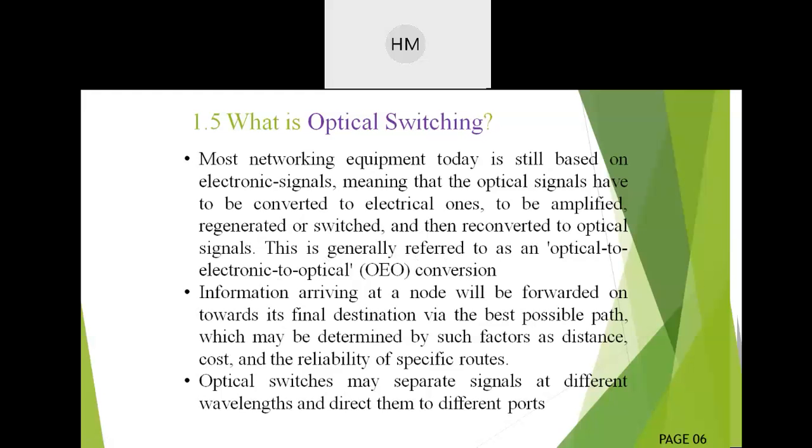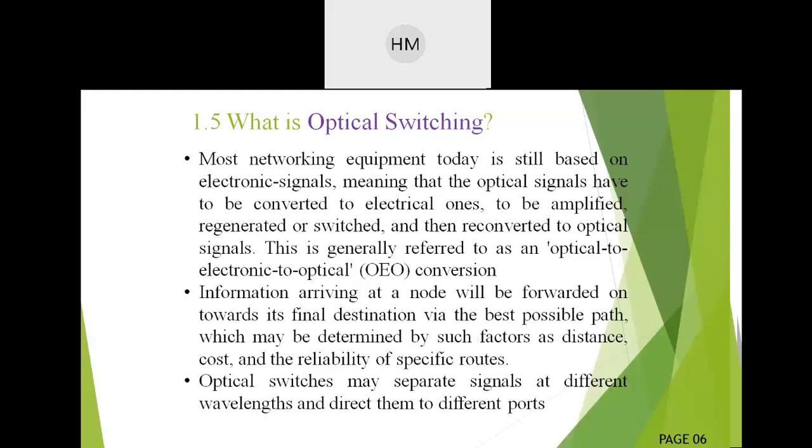क्या कह रहे हैं हम इसमें? We are having some optical signals, ठीक है, which we want to transmit. I am having my optical signal. What I will do, I will first convert the optical signal to electrical signal. I am not directly sending that optical signal. Why it is done? Because to increase the capacity of that signal so that losses incurred will be very less and efficiency will be very high.